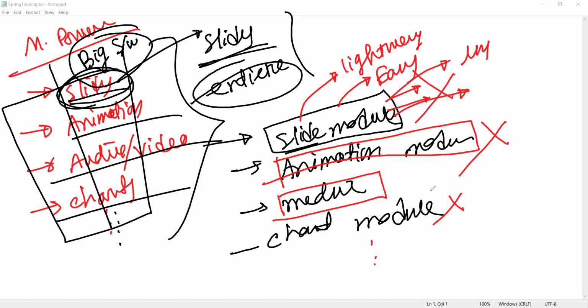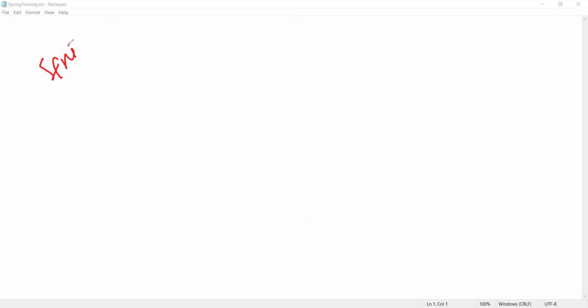Your Spring framework is created in the same approach, in the same style. This is a big framework, created in module form.